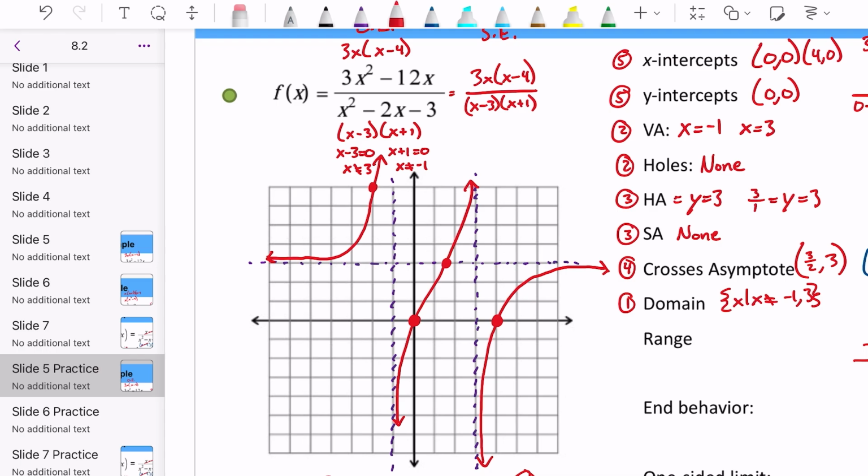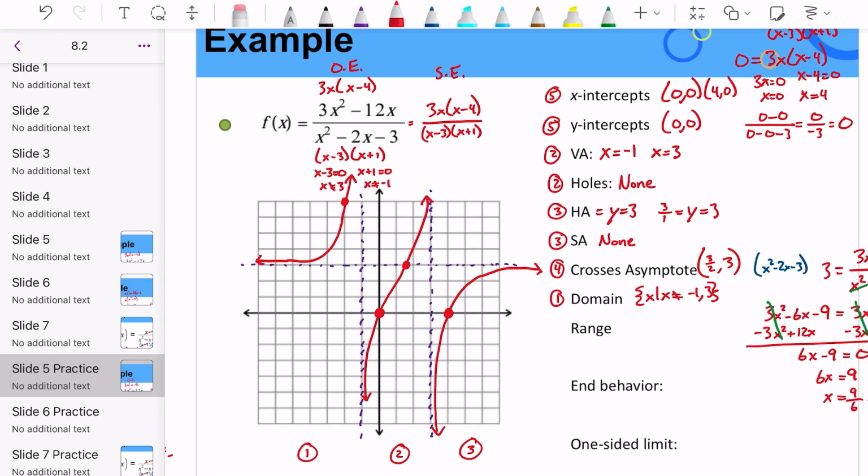Now, this allows us to have an understanding of what our graph is going to look like, but we still need to figure out our domain, verify that all of our answers are correct and are appropriate, our range and behavior, and one-sided limit. Based off of our domain, keep in mind, we still have a vertical asymptote at -1. We have a vertical asymptote at 3, and that makes our domain correct. We go on to our range. Notice it continues from -infinity to +infinity, and we do have a horizontal asymptote, so we do have to take